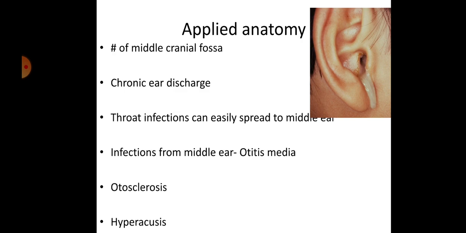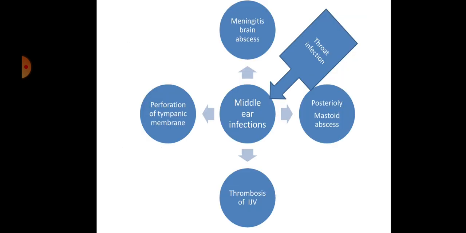Then hyperacusis. Hyperacusis we have already discussed. What is hyperacusis? Hyperacusis is the condition in which the stapedius muscle is paralyzed. Due to the paralysis of the stapedius muscle, once slight sound waves fall on the ear, the footplate of the stapes moves inside the internal ear, and again it creates a wave system in the internal ear. That leads to noisy sound or tinnitus in the patient. So that is called hyperacusis. So this is the one chart.